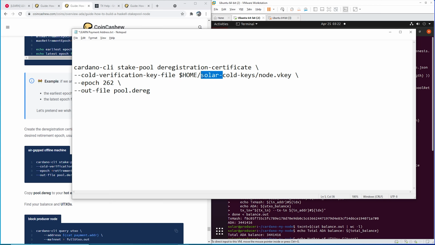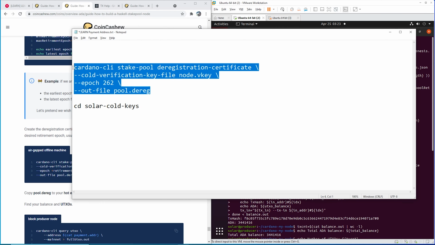You can actually take that right out, and when you get to your air gap machine, if you just go straight to the folder, for me, I changed the directory, and now I'm in that folder. If you run that command right from the folder, you don't need it,